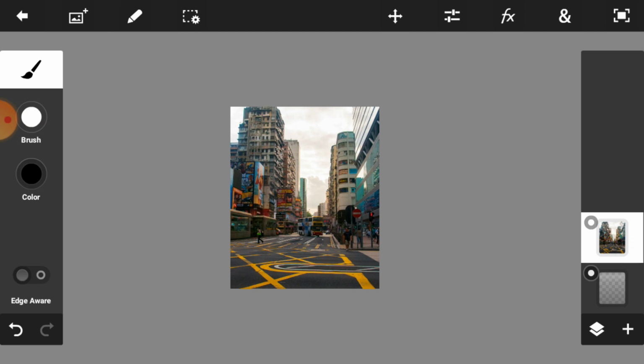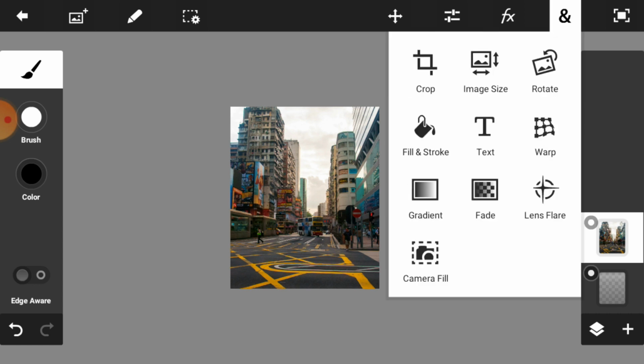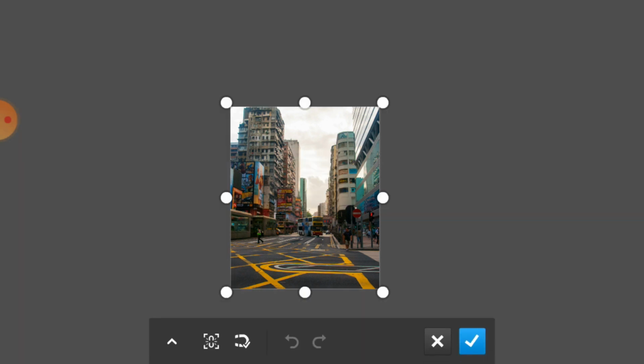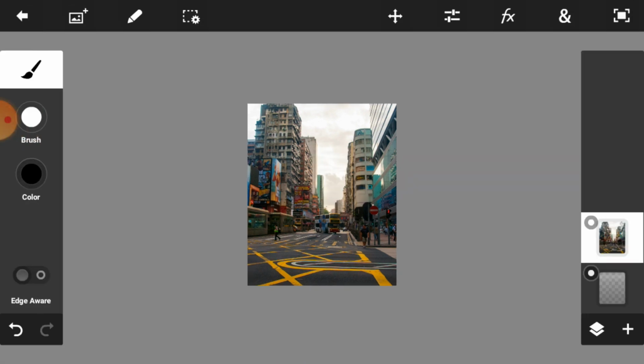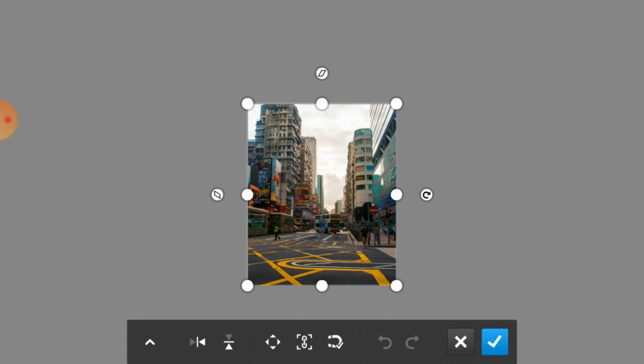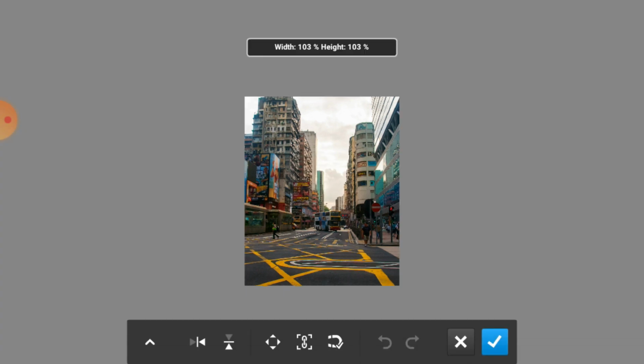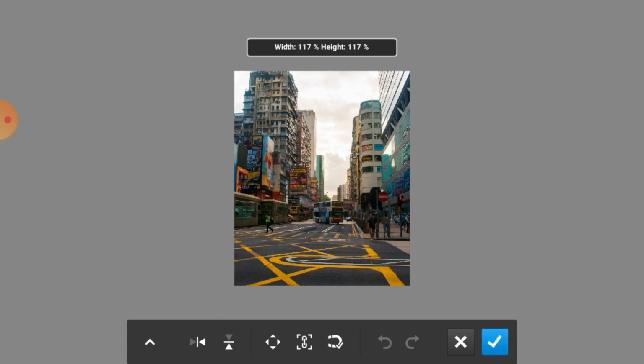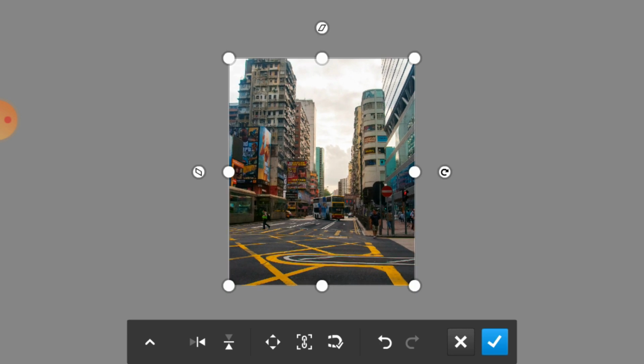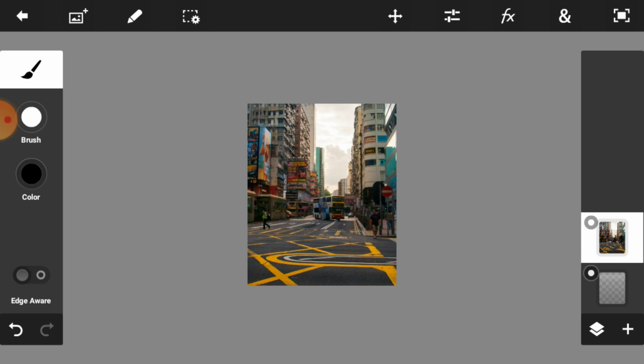I think it needs a little bit more adjustment. So just do the same process again, select this one and click on crop. Just select your background layer and click on the plus icon. Now we are going to adjust our background image again. Simply resize your image, and when you complete your resize, just click on the right icon. So I think this one is perfect.